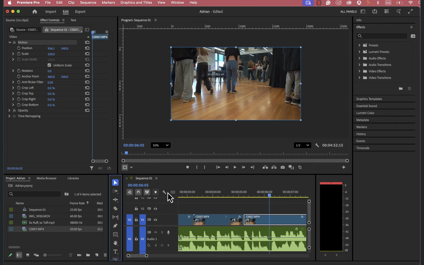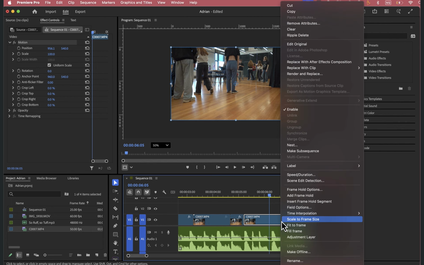There's lots of options to play with. You can delete the ripple. We've also got speed,